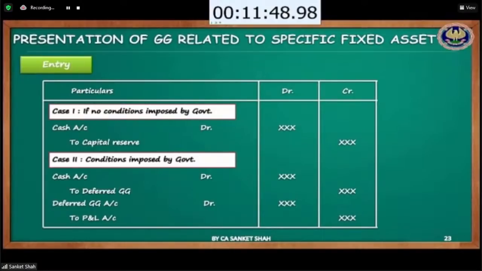यदि आपको लैंड लेने के लिए गवर्नमेंट ने पैसा दिया, कैश दिया, लैंड ही दे दिया तो नॉन मॉनिटरी एसेट, पर लैंड लेने के लिए गवर्नमेंट ने ग्रांट दिया, सो आप क्या एंट्री पास करोगे? कैश टू कैपिटल रिजर्व। यदि कोई भी कंडीशन आप पे रखी नहीं है और गवर्नमेंट ने बोला मैं ग्रांट देता हूं पर मुझे अपने ये लैंड बेचनी नहीं है नेक्स्ट 10 ईयर्स तक, तो आपने क्या करना है? कैश टू डेफर्ड जीजी 10 लाख एंड डेफर्ड जीजी टू पीएनएल हर साल 1 लाख।